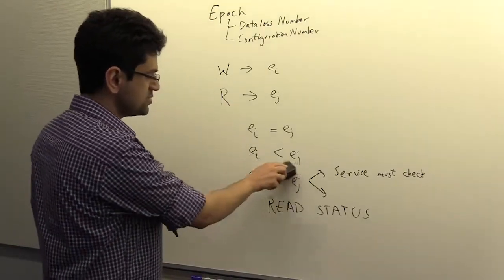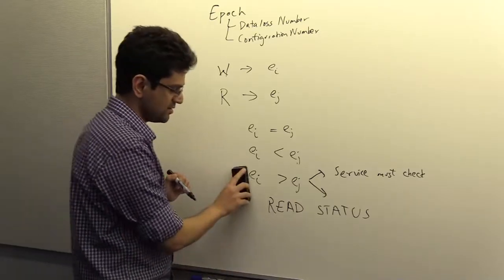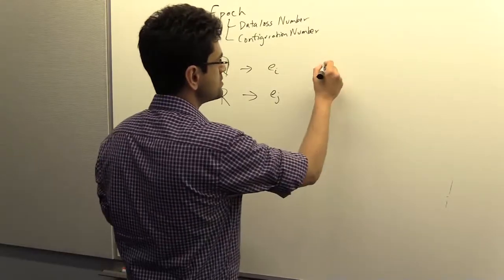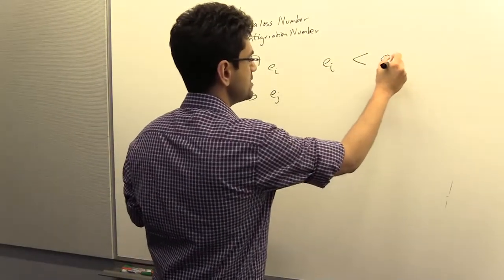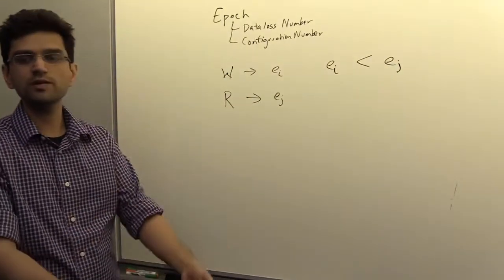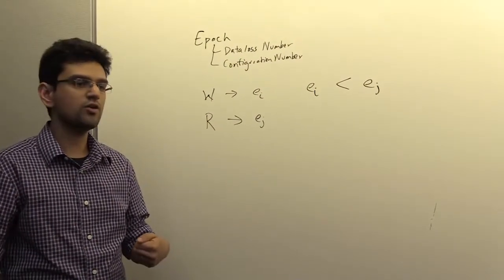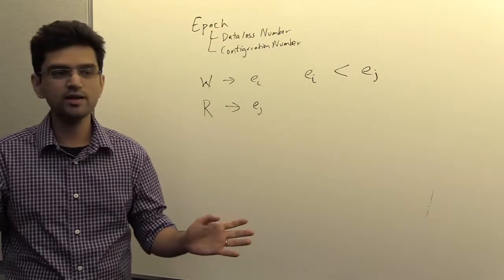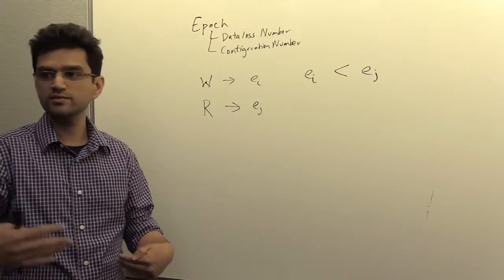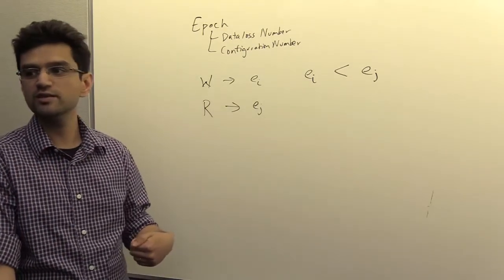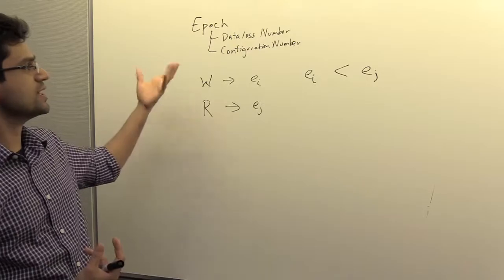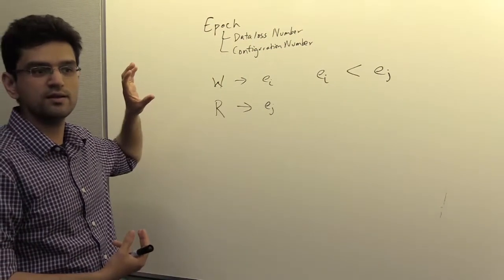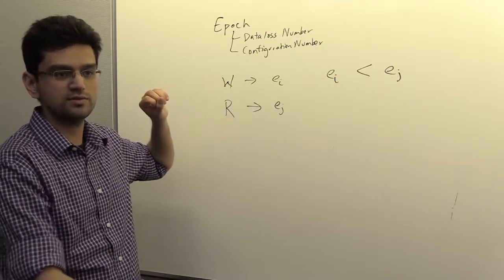So let's talk about the most interesting case. This is EI is less than EJ, and this is the most common case. You performed a write, and then there were failovers, swaps, a whole bunch of reconfigurations happened, the replica set kept changing, and maybe one day, 1 year, 10 years in the future, you came and asked to read, right? And at that point also, the guarantee must hold, means you must observe W. And if you don't observe W, then Windows Fabric must have told you there is data loss, right?